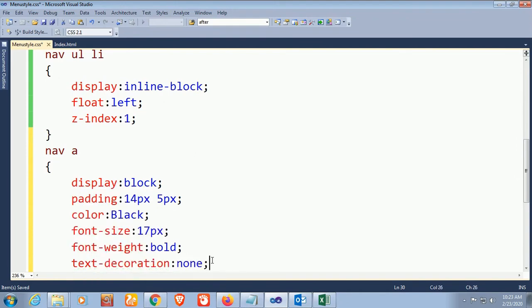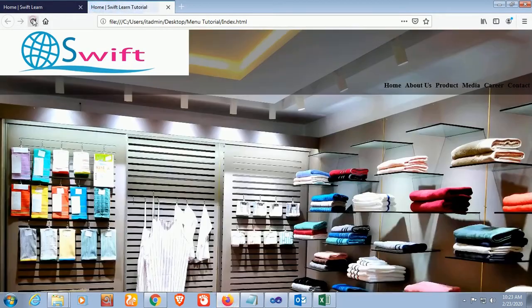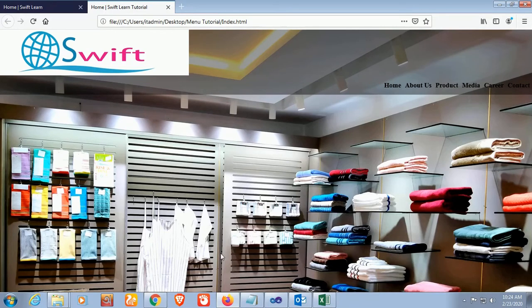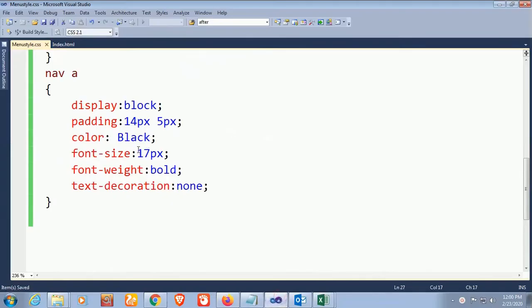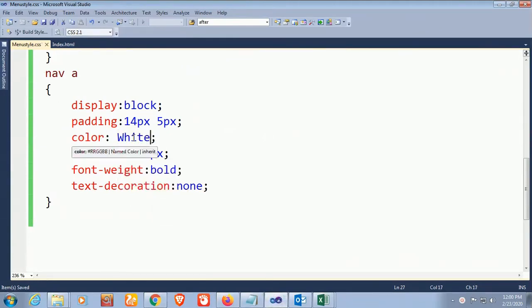Now browse this page, reload this page. Yes, this is now side by side, but the logo is left below the menu. Color white. Yes,